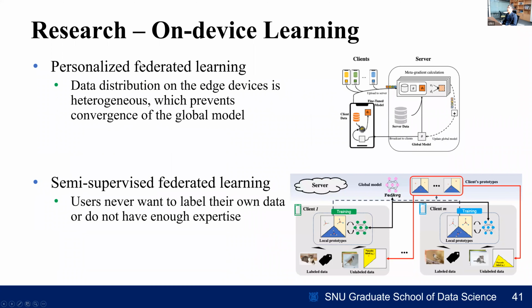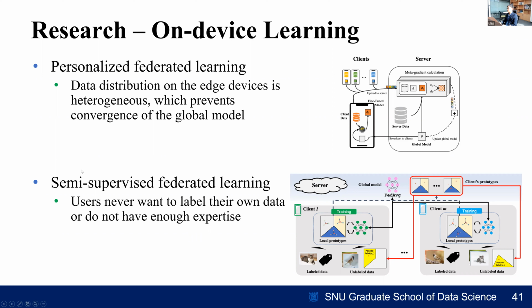In the realm of on-device learning, a student investigated personalized federated learning, which is literally to generate a personalized model for each user rather than applying a single global model to all users. It is closely related to meta learning, and the paper is submitted, and we are waiting for some good news. We'll see.